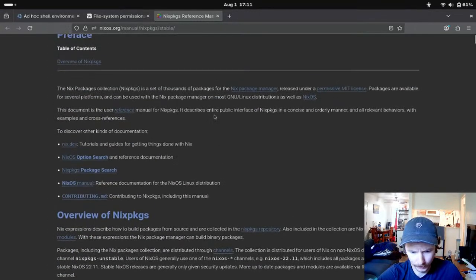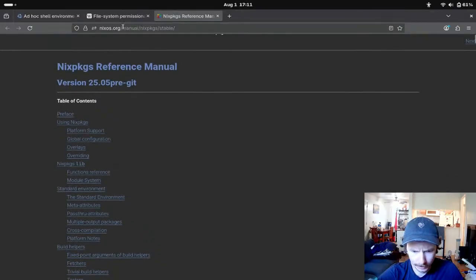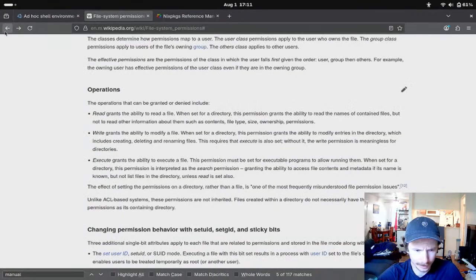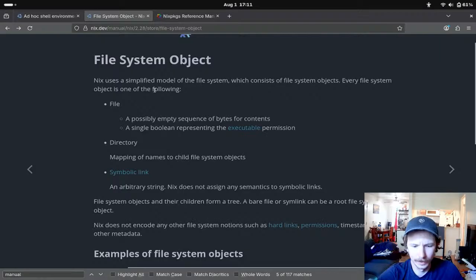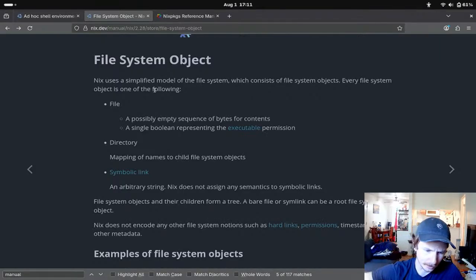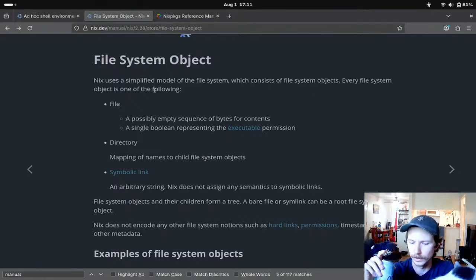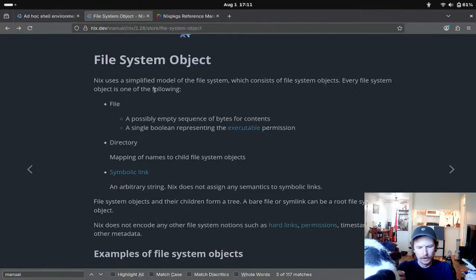So where were we in all of this before I got distracted by the file system? Okay, so everything is either a file, a directory, or a symbolic link. A directory is a mapping of names to child file system objects. Mapping of names. Oh, so you